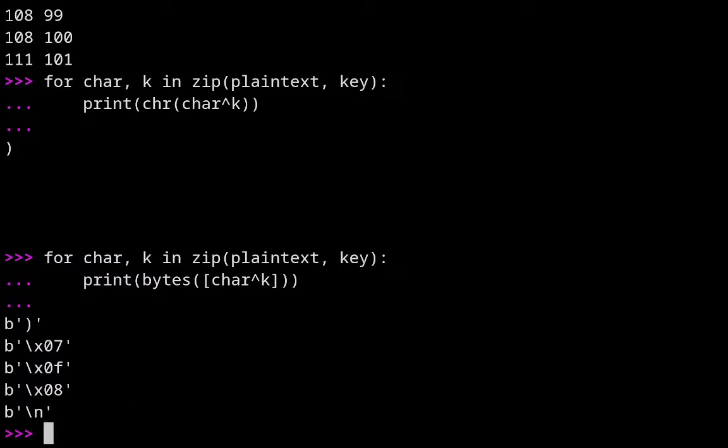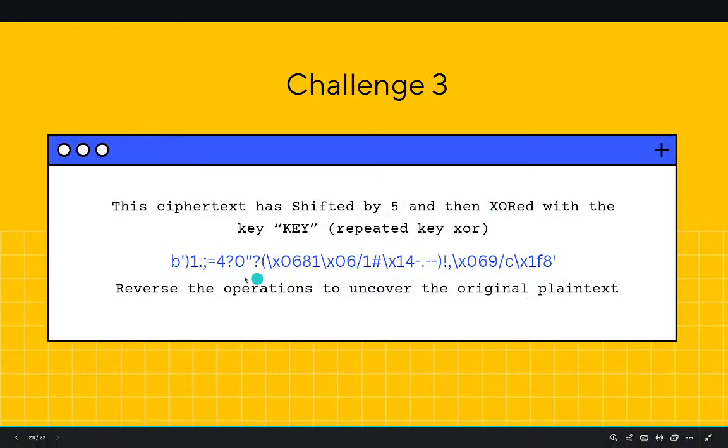To implement repeated key XOR, you need to cycle through the key. So you have the message here.